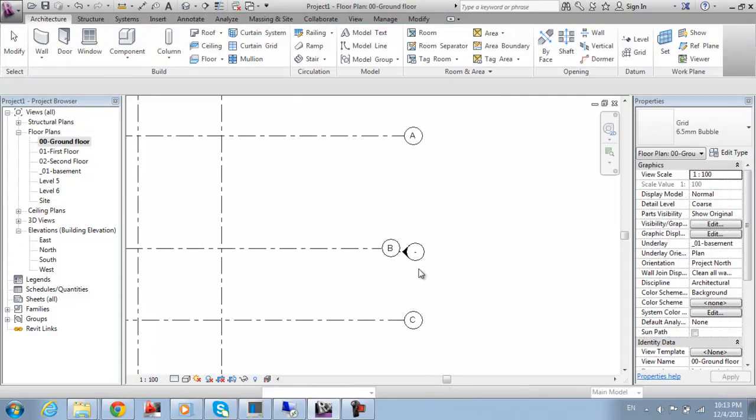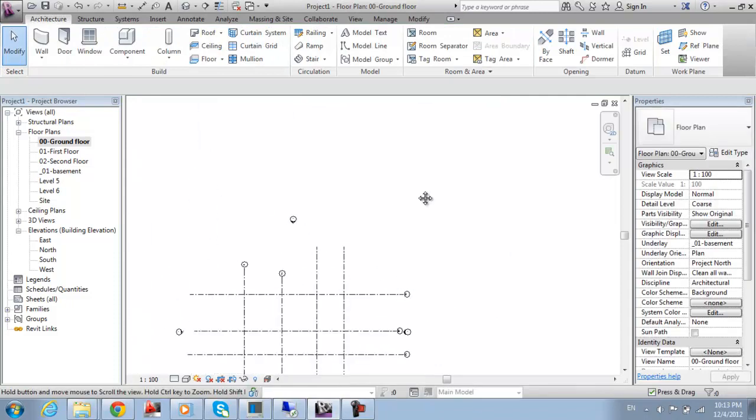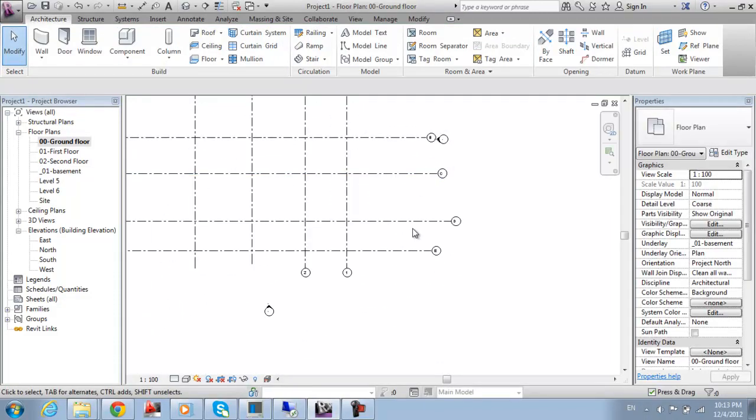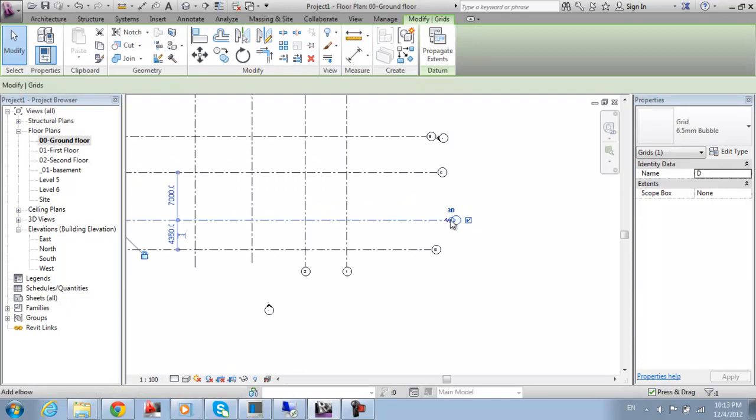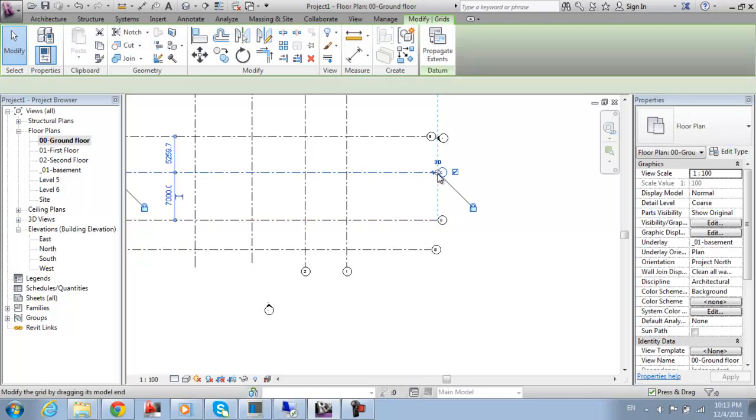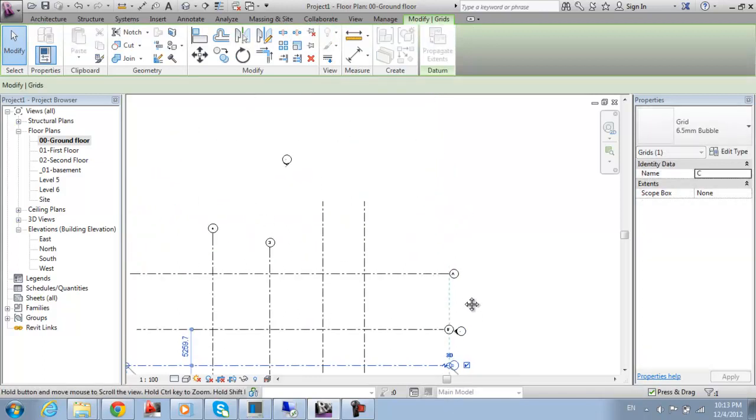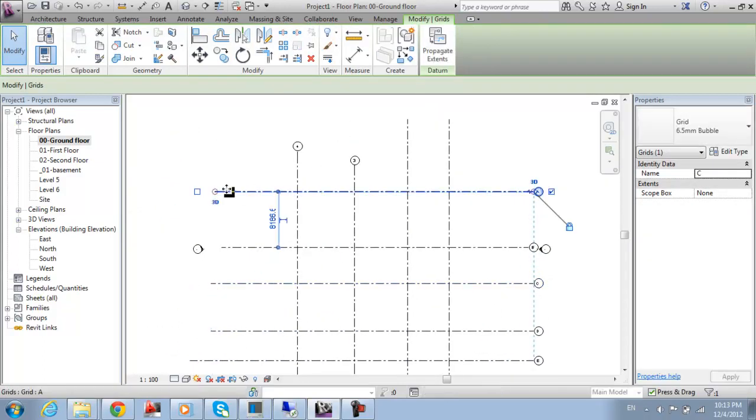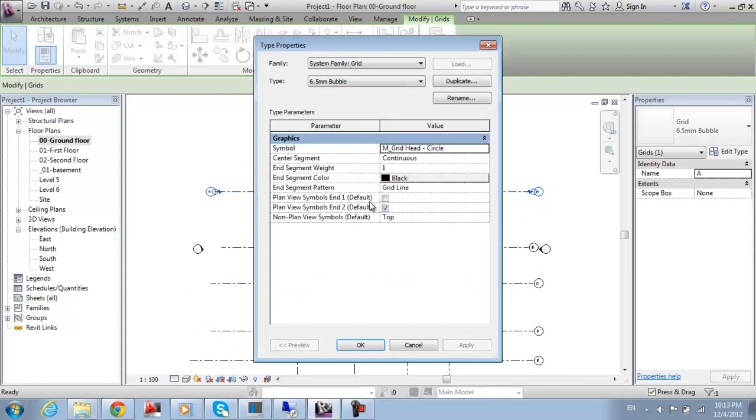Look, so continue A, B, C, and D. As we did before, you can drag this one to be the same as the other group, and choosing this group, all now aligned. Just check, I'll go to edit type, select this,